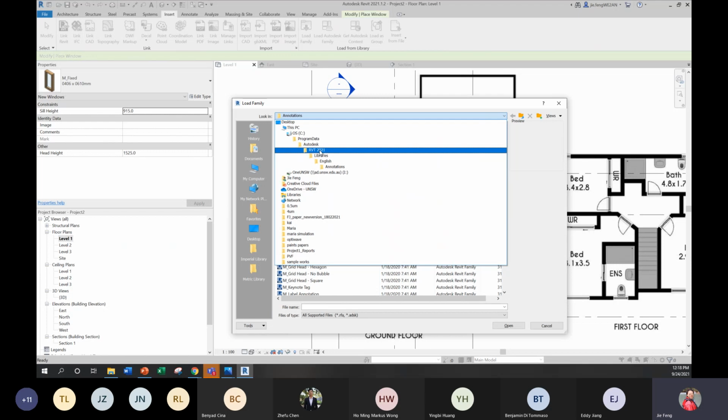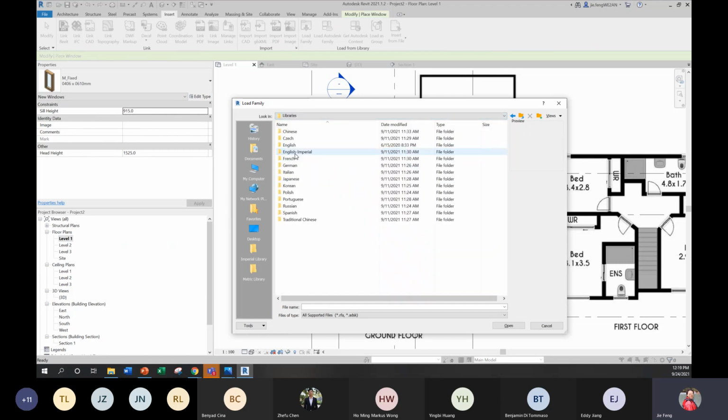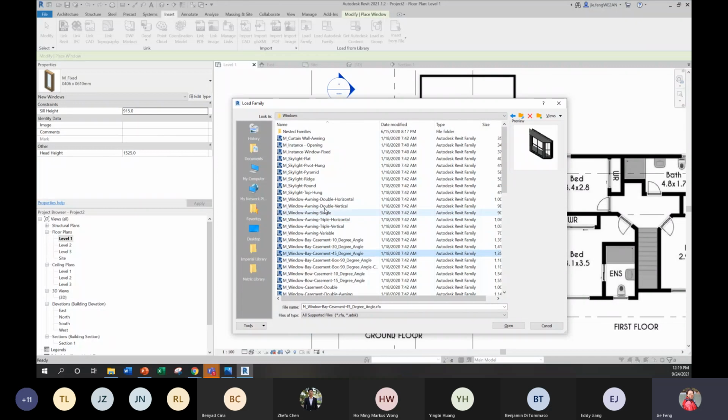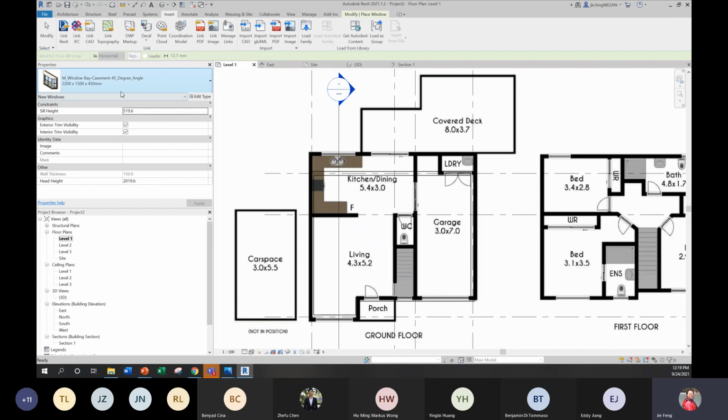Instead of coming to annotations, we come to libraries, English, and windows. You will have a lot of different windows, and you can see the thumbnail here to decide which is the one you want. I think this is pretty much the same as what is used in my building. I open it. Now it will appear in my property panel. I can directly put it here